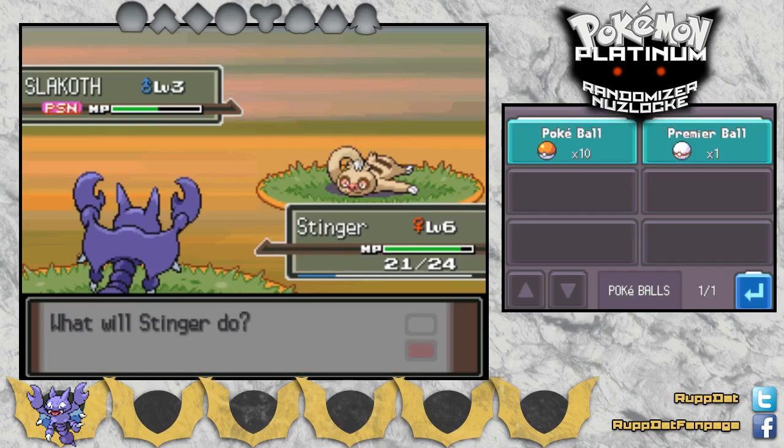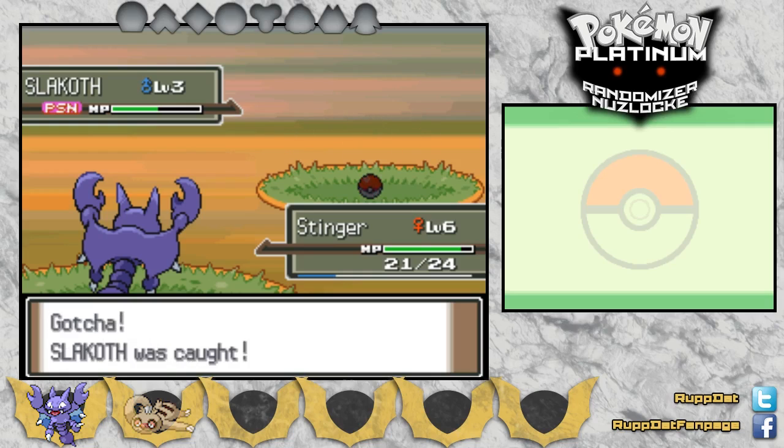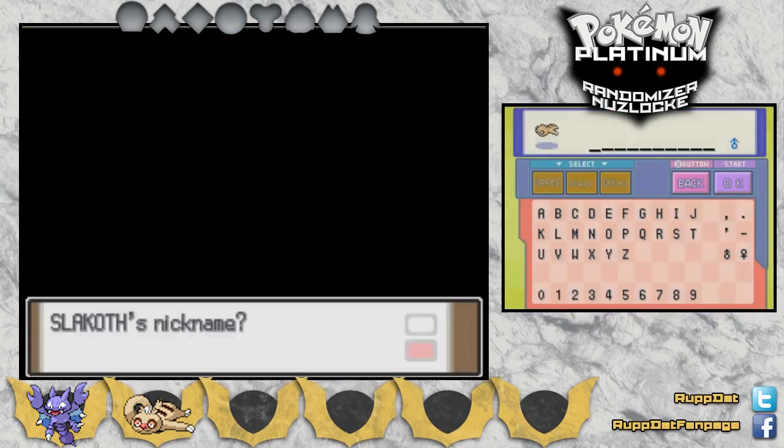Alright, I got the Premier Ball too because I bought 10 Pokeballs. But I'm gonna go ahead and throw a Pokeball now, because it is poisoned, roughly half health. And gotcha! Nice. So, I have a Slakoth. Yes, I want to nickname it. I have to nickname it. What do I call this thing? Ooh. I mean, this thing would be really nice once I get to a Slaking, but...